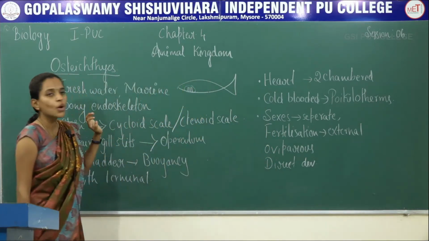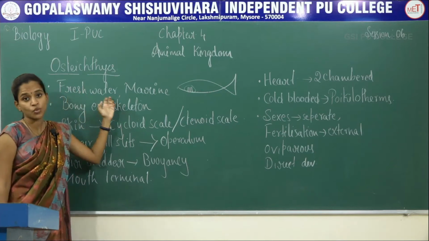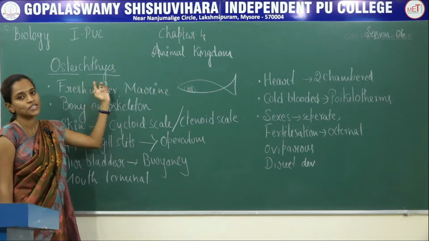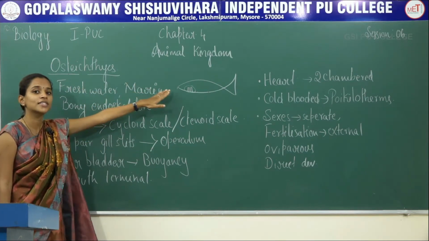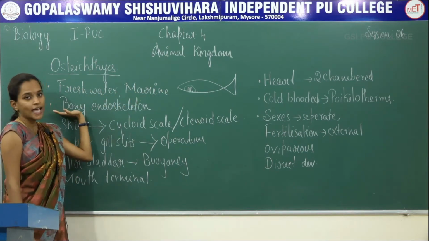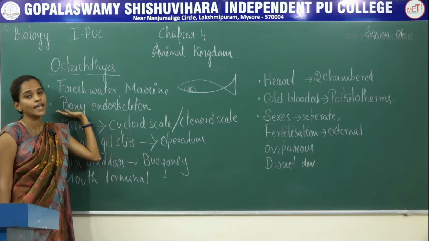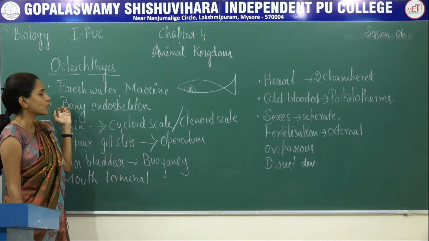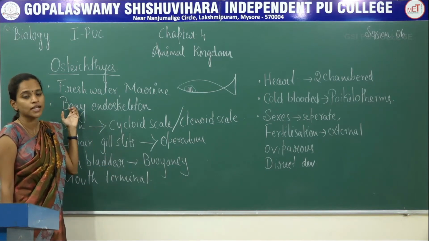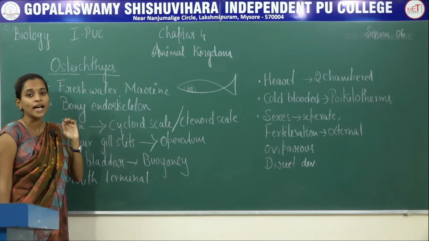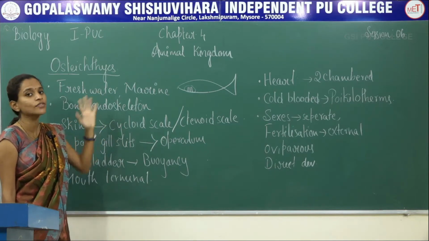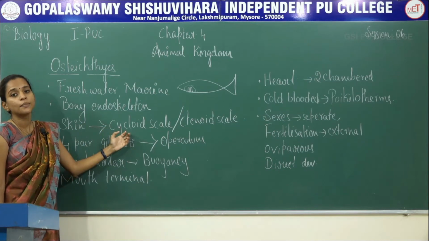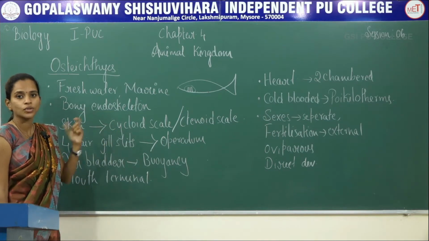When it comes to Osteichthyes, these are freshwater as well as marine water. You can find both of the regions have these kinds of fishes. These have streamlined body. Second character is they have a bony endoskeleton. That means their internal protective layer will be made of calcium, that is bony structure, which is very hard compared to cartilage in case of Chondrichthyes. Here skin, it is covered with particular large scales compared to the Chondrichthyes.